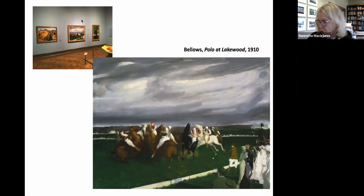And we bought our first one in, actually, this is the first one we ever bought. We bought it in 1911. We bought it from George Bellows in 1911. After George Bellows' death, we bought quite a number of paintings through the years from his widow, Emma. So we are still very close to the family. And in fact, a few years ago, we bought the artist record book from the grandchildren, and we own it